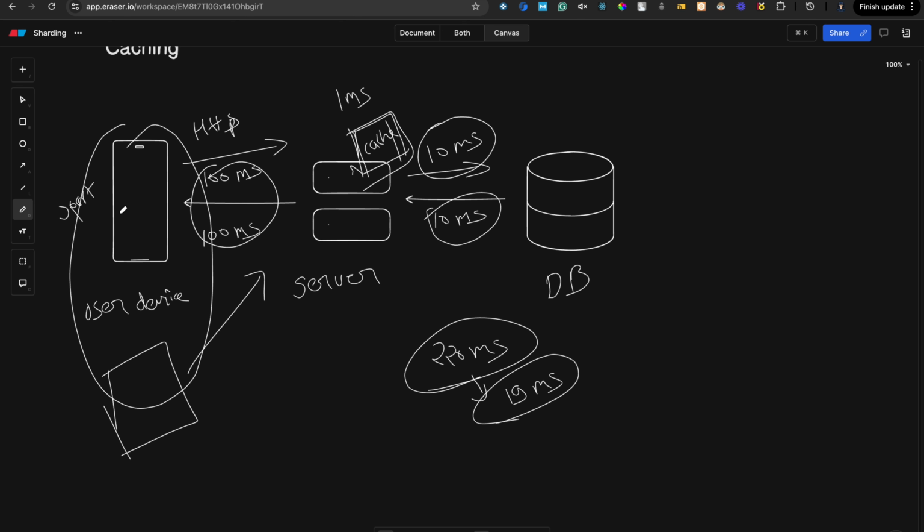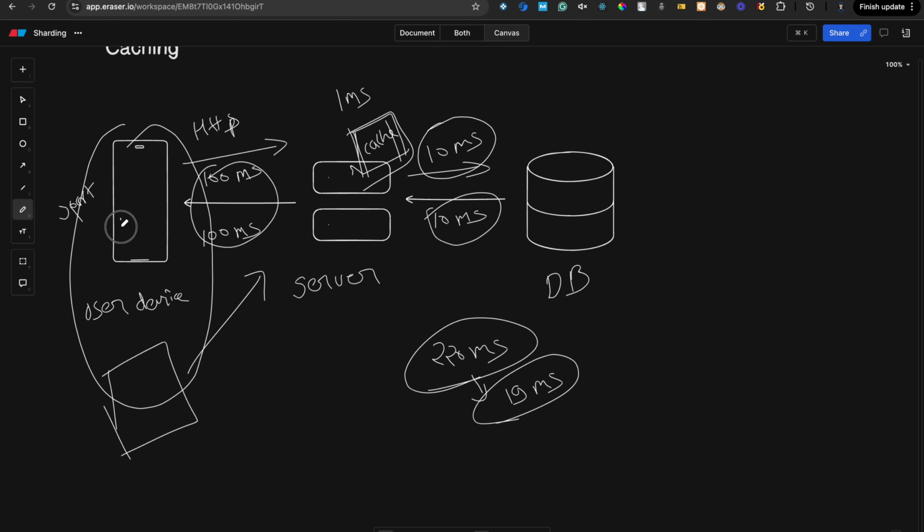So here we will have some local cache on the user device. So this will be some cache data. Static data which doesn't need to be refreshed, we will store on the user device. So this time will get saved. This operation will take around, I would say, 1 millisecond. So the latency is totally reduced. This 220 milliseconds is totally reduced. But that depends on whether your data is small, or is in petabytes or terabytes. So that depends on it.